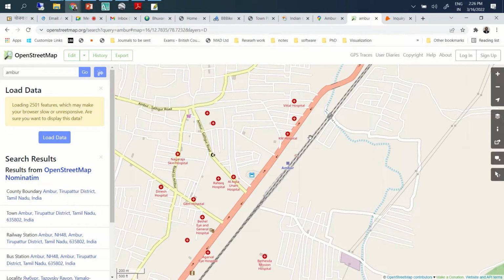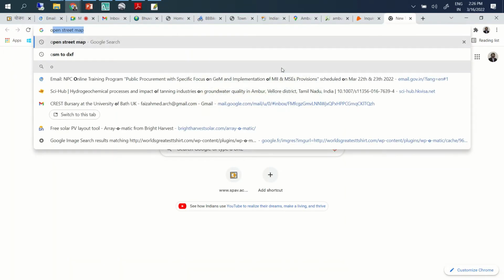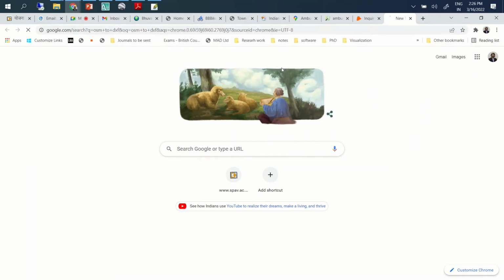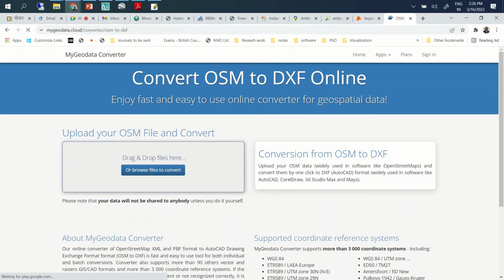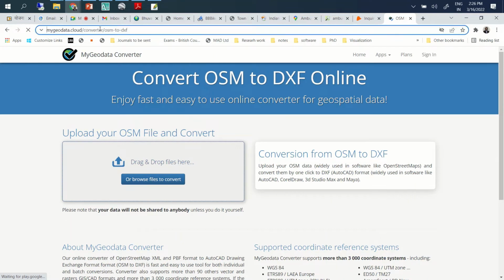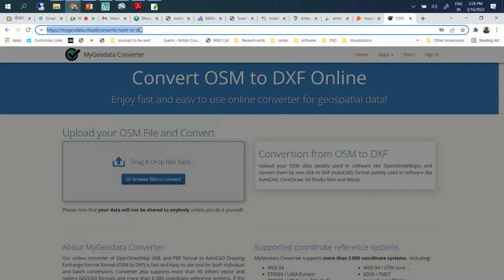After downloading this OSM data, there is a small tool. You can just type OSM to DXF, and there is a converter. The website is here. Maybe I can copy this in the chat box also, if required.